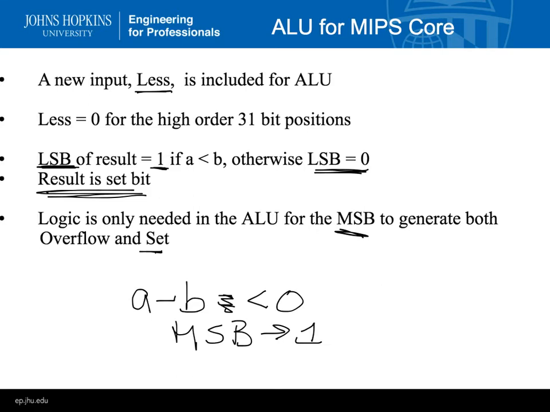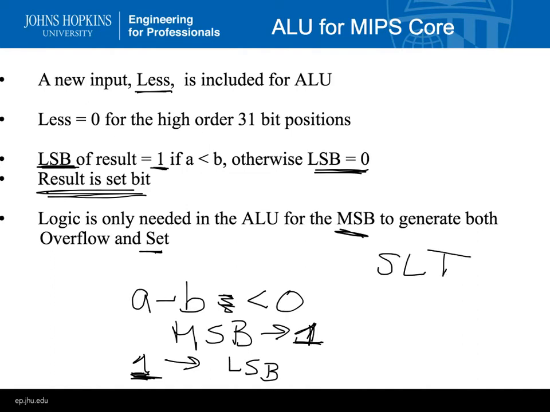So then we send an output of 1 to the least significant bit. If that makes sense. We do the subtraction. If the most significant bit of the result is 1, the output we send is not that actual subtraction, but just a 1 in the least significant bit, and that's for an SLT